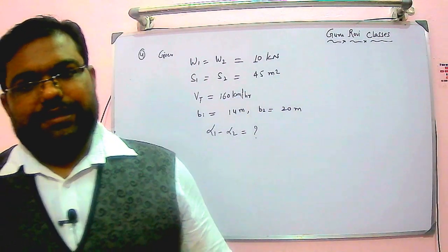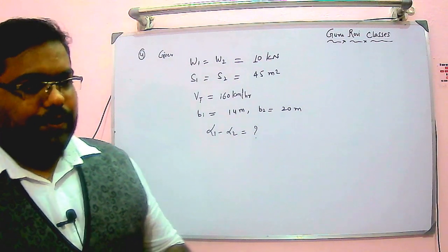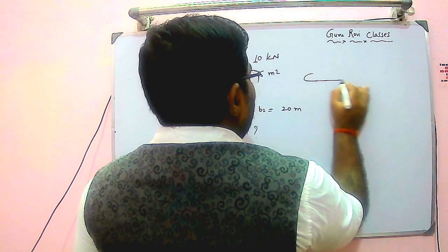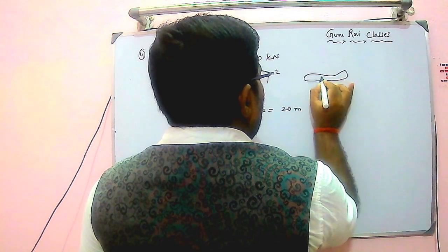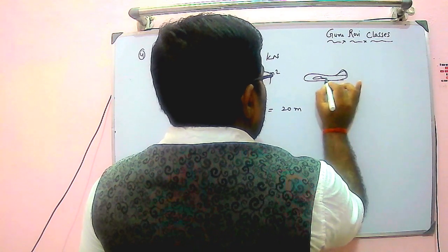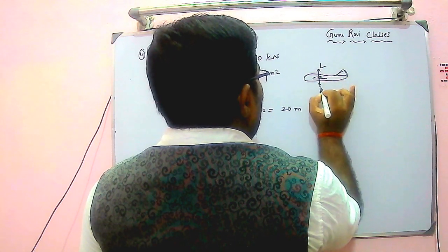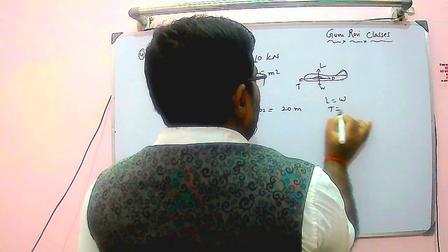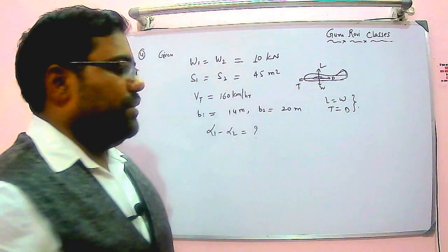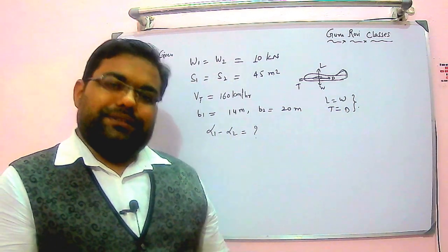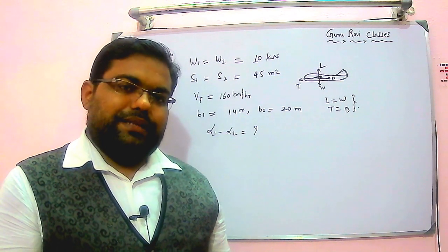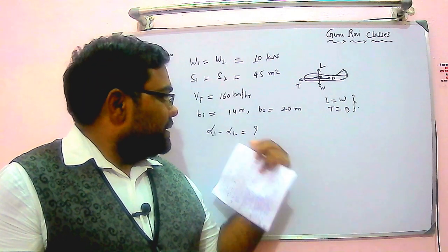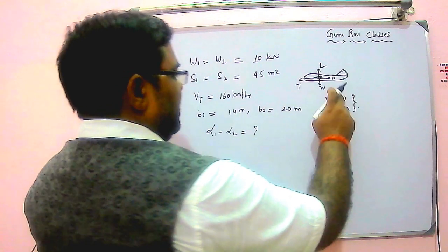So now we'll go for a very basic fundamental approach. It is said that they are flying horizontally. So aircraft is flying in very nearly horizontal flight, so this is the case, flying like this. So in this case, lift will be exactly equal to weight and thrust will be equal to drag. This is the condition for horizontal flight, and it is flying in standard air conditions. For that, the properties we already know from the international standard atmospheric table. So let's start from this concept, this approach.